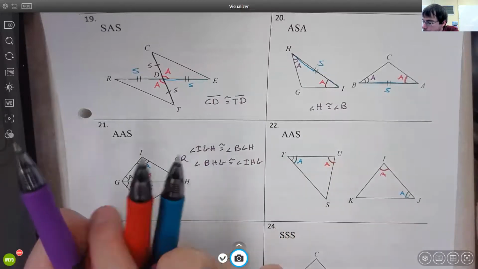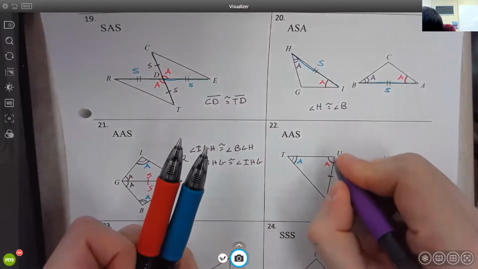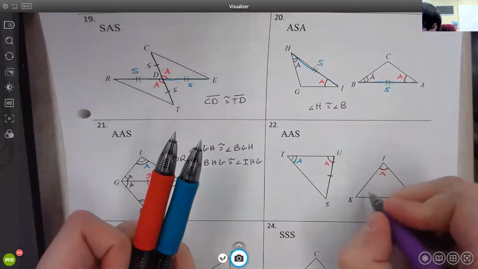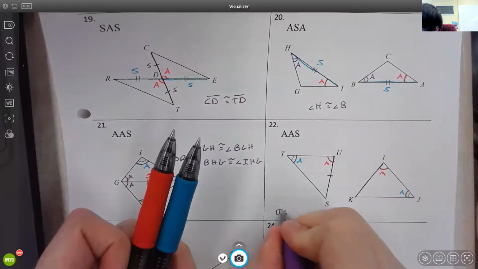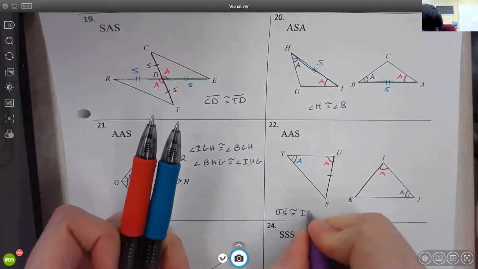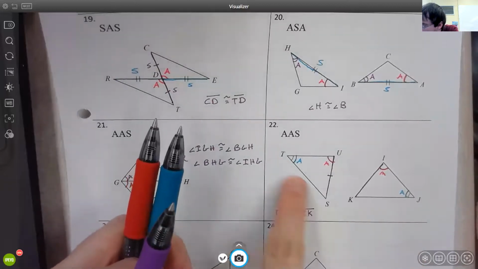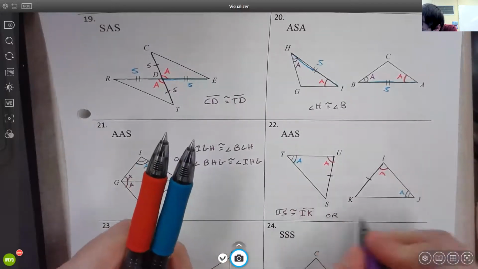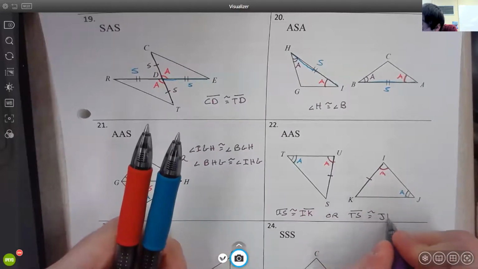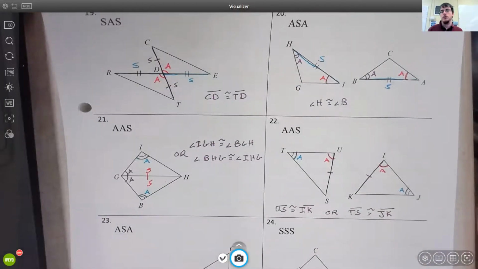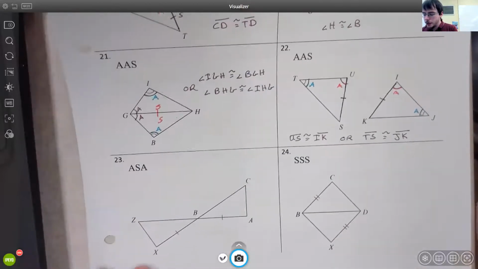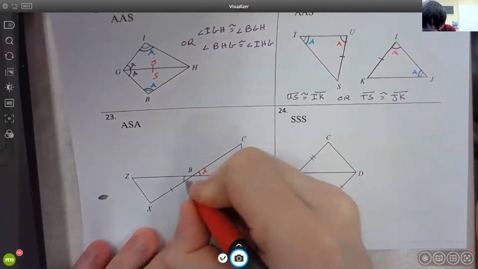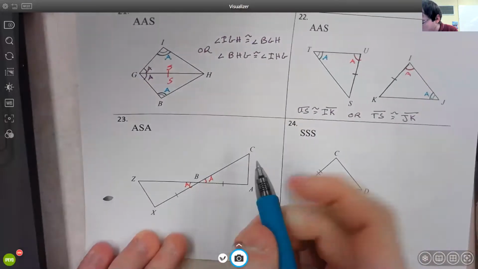So if you do US, U touches this red angle here, and IK does as well. So US will be congruent to IK, or you could do the other side that you don't have marked here. So you could do TS is congruent to JK. All right, number 23. We have a pair of vertical angles in 23 here. And we have a congruent pair of sides